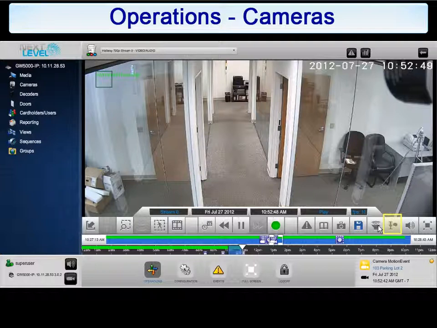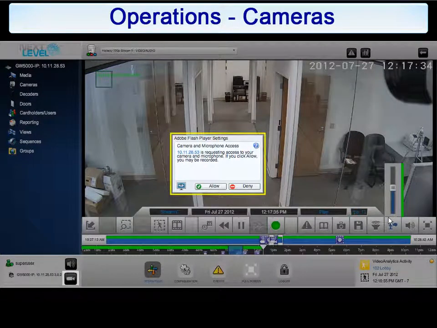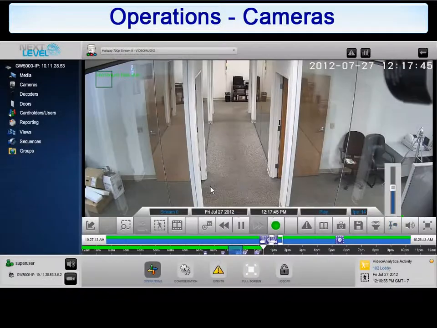The toolbar contains a slider that controls the volume of your local microphone to the camera speaker. If prompted to grant access for the gateway to the camera and microphone, click Allow to continue. Use the slider to adjust the microphone volume up or down. When the volume has been set to the preferred level, click the microphone control button again to remove the controls